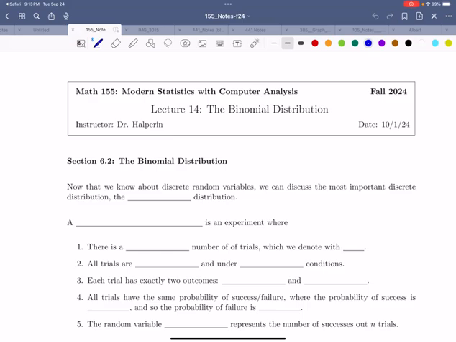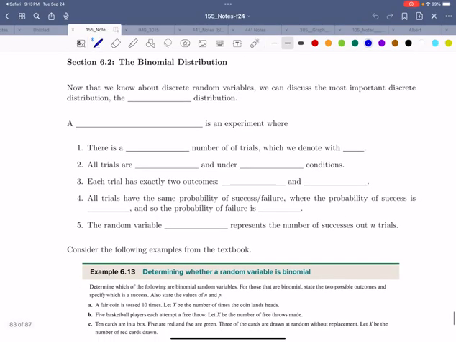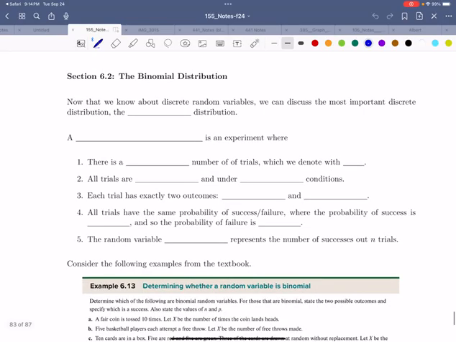This is the second and final SLO6 video. Today we'll be covering section 6.2, the binomial distribution, in chapter 6, which is all about discrete random variables and probability distributions, right? Now, last time we learned about discrete random variables in general. We're going to look at one in particular that behaves pretty nicely, the